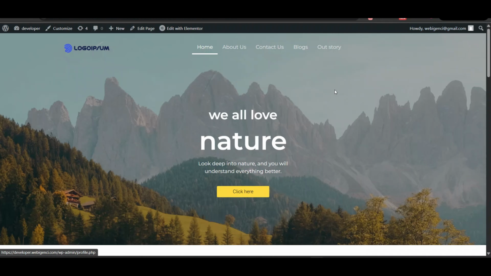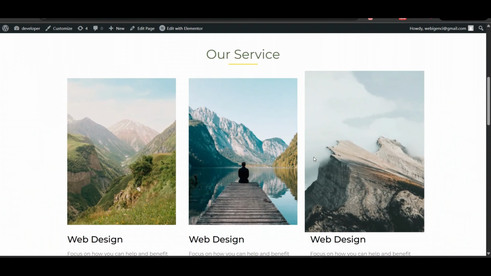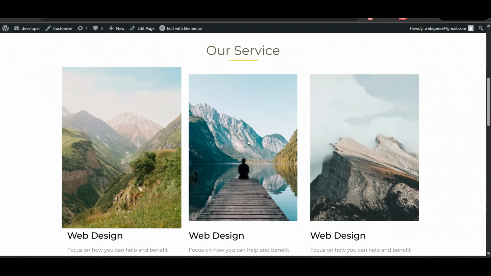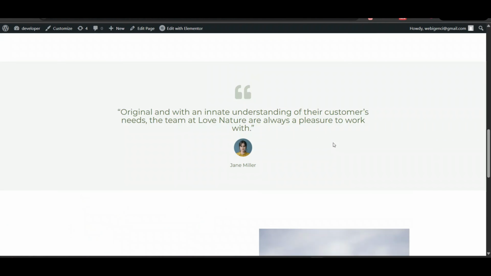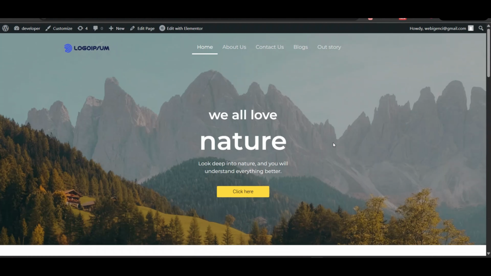Now let's see how it will look. When I hover over it, here you can see when I scroll down, sections are coming. When I hover over it, it will pop. Then here you can see the section is coming. So this is the basic animation I have added in this Elementor page. So that's what I was talking about.